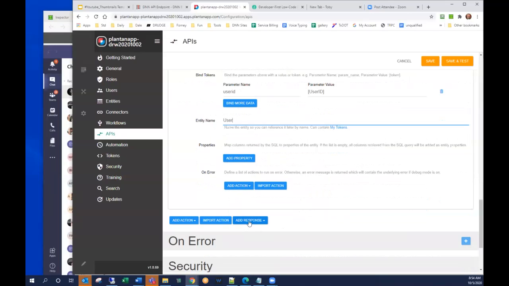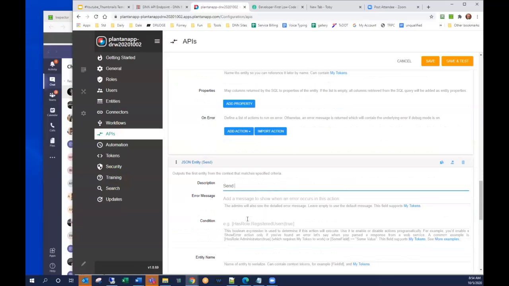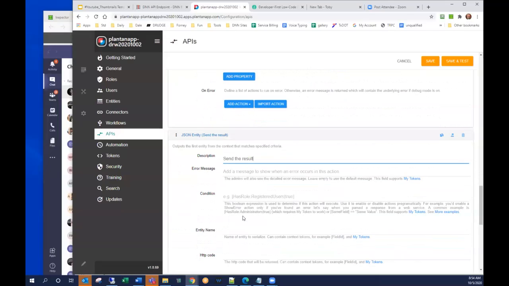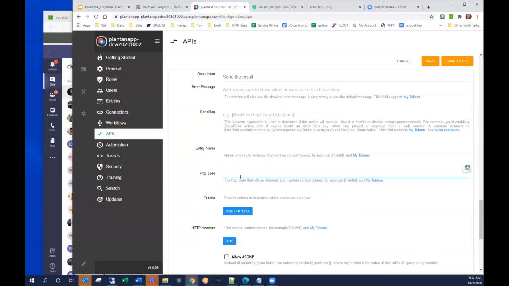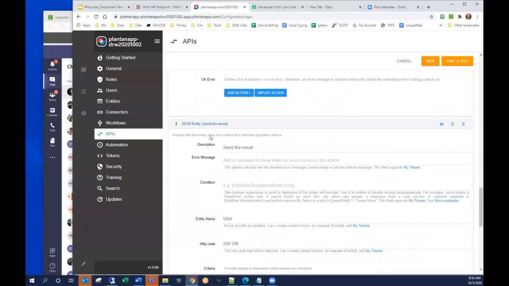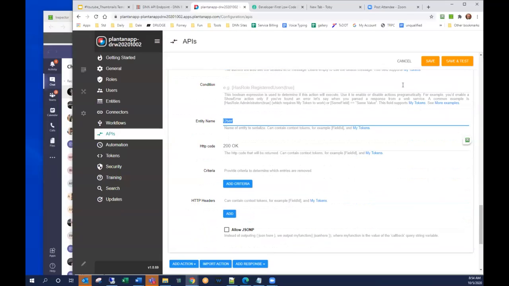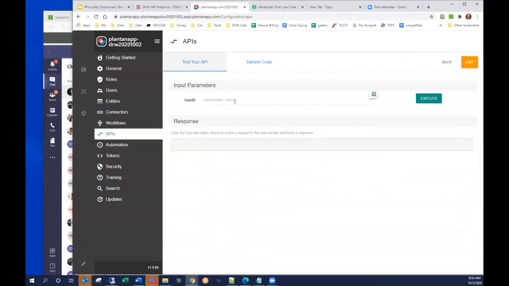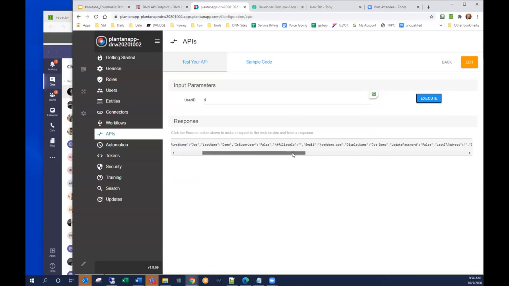And in the same way as before, we're going to output a JSON entity called result as the description, we're going to give the same 200 OK code, and the entity that we're going to return is user, the same user that we created here. We're now going to return here. So when we save and test this, it now asks us for a user ID. If we give it a user ID of 4 and execute, we see that the Joe demo user with all his fields comes up. So in 2 simple steps, we created our 2 endpoints,